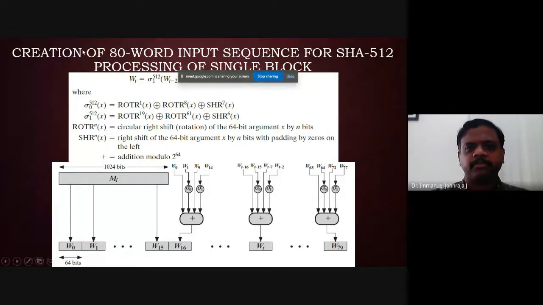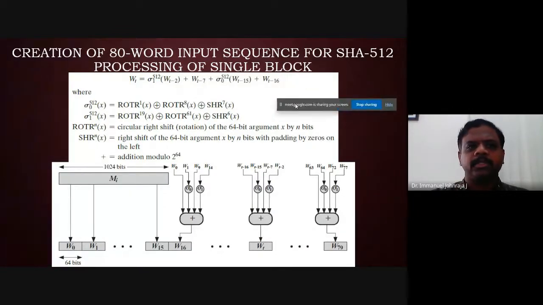Here we have the original message, maybe for the ith round. It's working now, thank you. So you get W0; these are all 64-bit values, and you have 16 such values, 0 to 15. No problem. How are you generating the value for the 16th round? How many are you supposed to generate? 80 such values, 0 to 79.